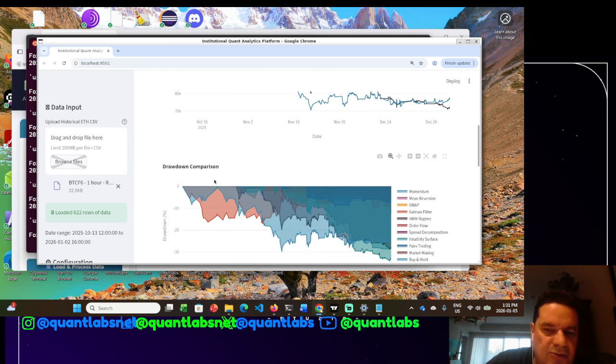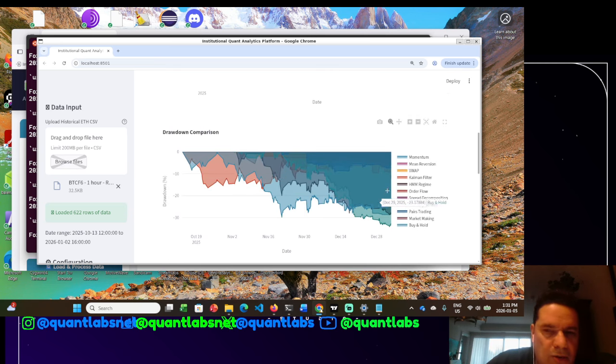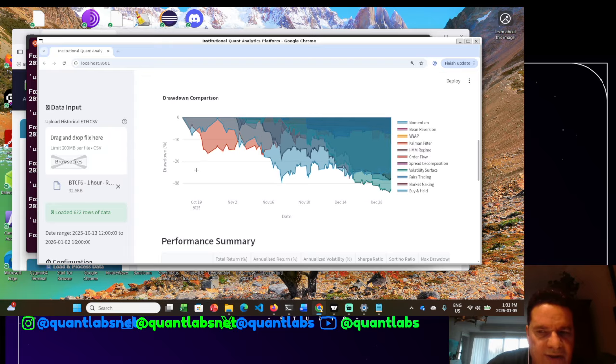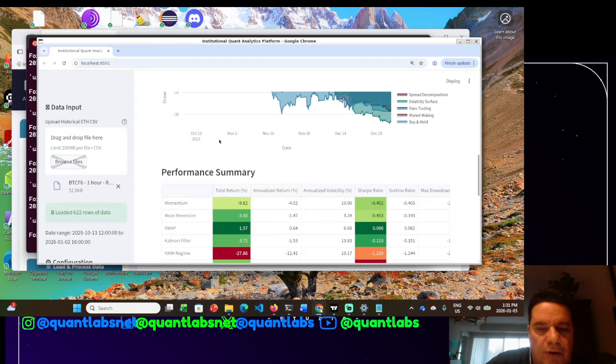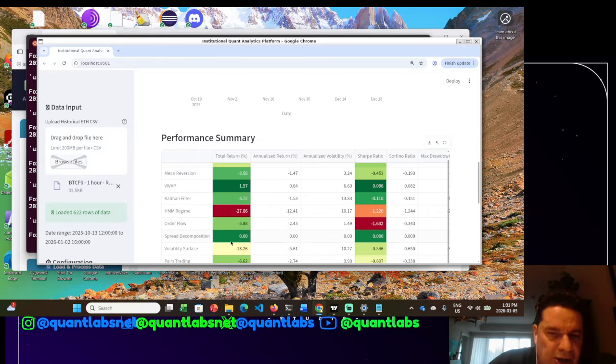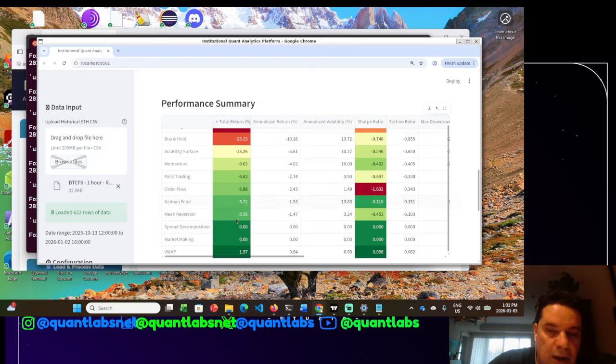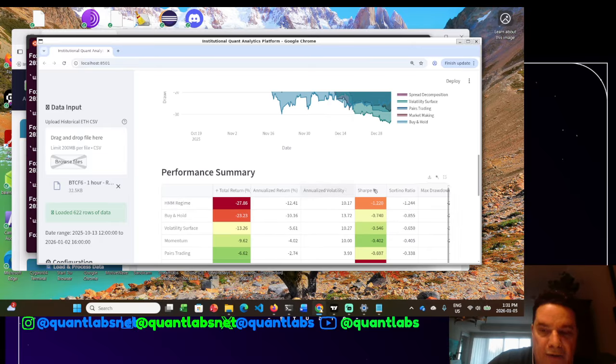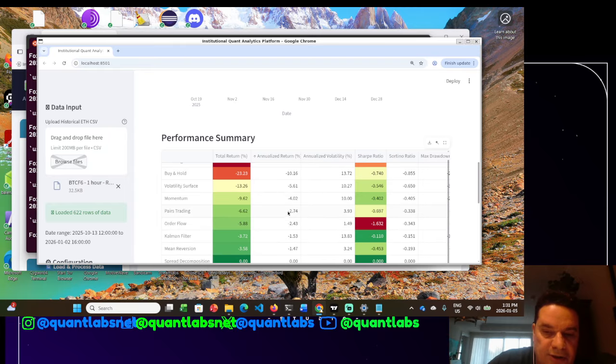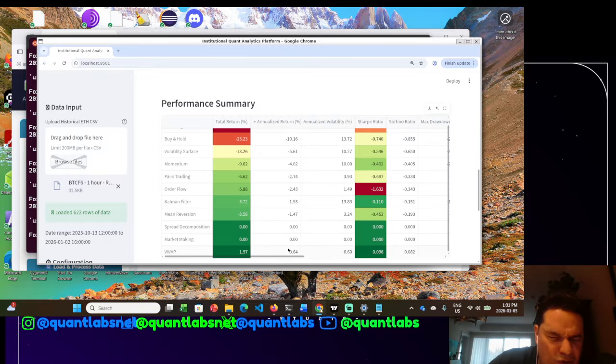So all these different strategies we can see. At the same time, we can see what our drawdown comparison is. Obviously, the lower the better, the lower the risk. Here we get our strategy overall, which one's the best. Okay, so our total return being the VWAP. We also have our annualized returns. So there's different perspectives. So the VWAP is still the most high performing. Meanwhile, there's only really two: market making, which kind of was neutral, and the VWAP itself.